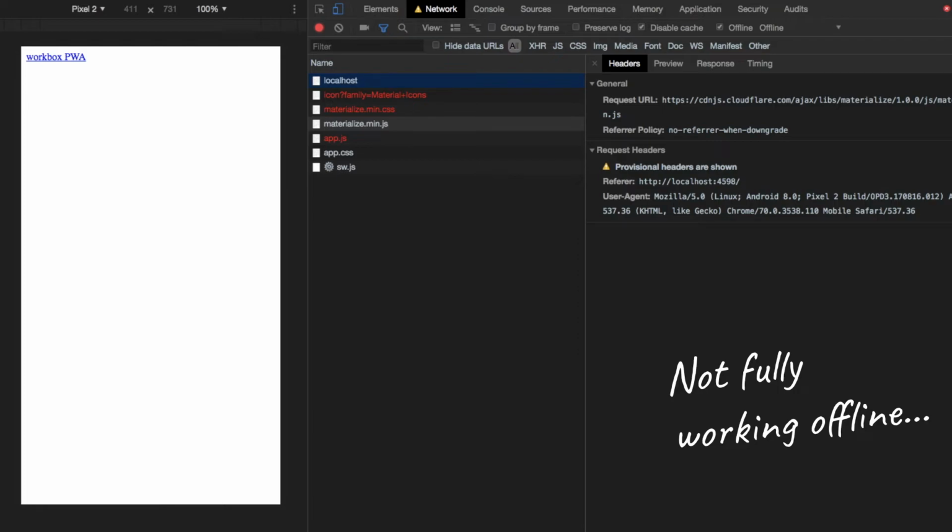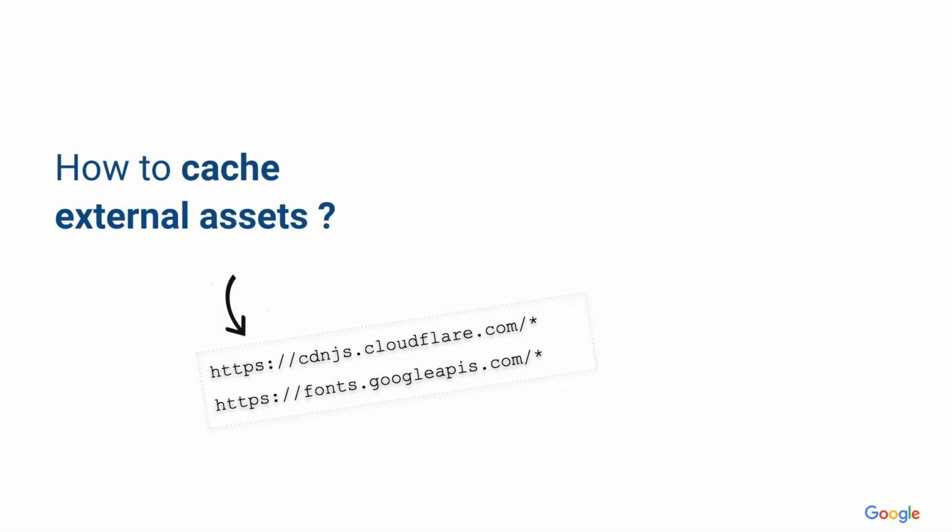The external assets are, for example, my CSS library. I use Materialize here, which is hosted on the Cloudflare CDN. And the fonts as well, the material icons fonts, everything is hosted externally. So how to cache external requests? What we want is to cache everything coming from cdn.js.cloudflare.com and everything coming from